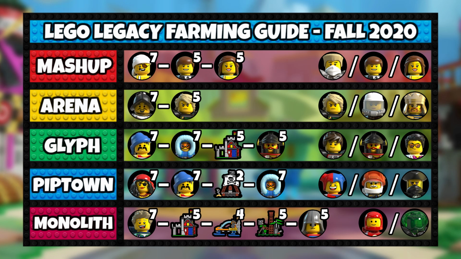Valiant, again continuing with the pirate theme here. I personally recommend that you take him all the way to 7 and then go to Lloyd and try to take him to 5. Now, if you're really struggling with Piptown United and you need another strong builder, maybe pause your Valiant farm just for a little bit so that you can unlock Lloyd